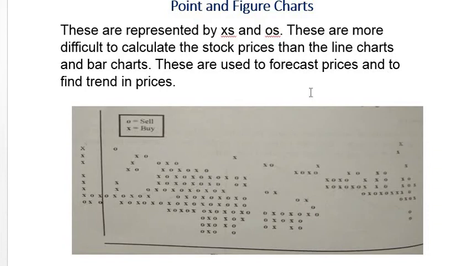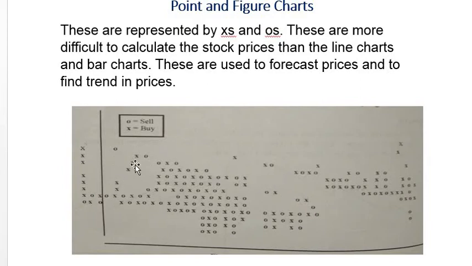O is nothing but sell, X is nothing but buy. So O is the sale of a security and X is the buying of a security. It is represented in this way, and this can be understood only by specialists, technical analysts who can understand it better. But we may not find it so easy for calculation of this, for plotting these charts and also to find out what is happening in the graph. I think, can you find out, students?